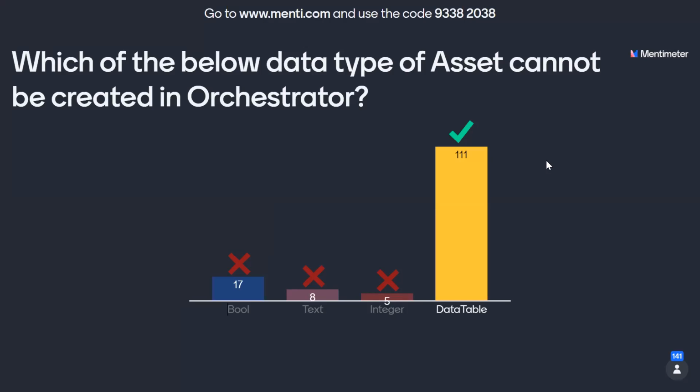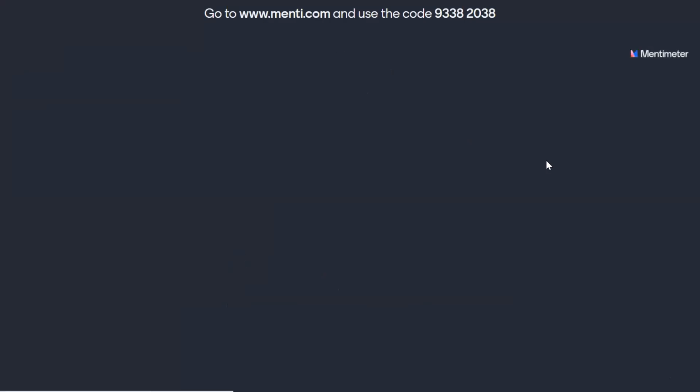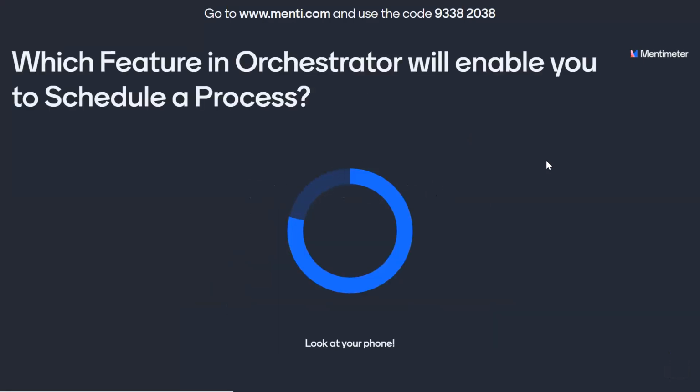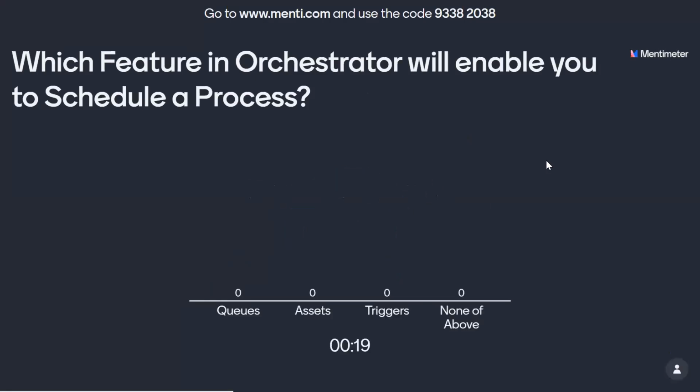Question number 2: which feature in Orchestrator will enable you to schedule a process? Very easy question, already explained by Vamsi.